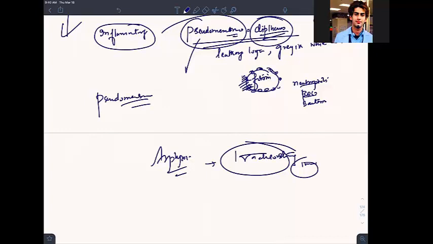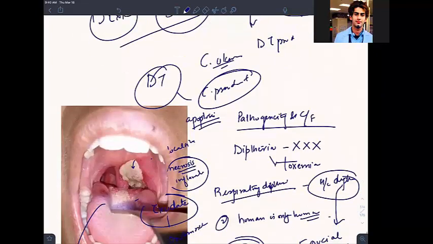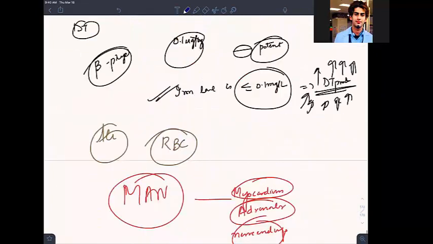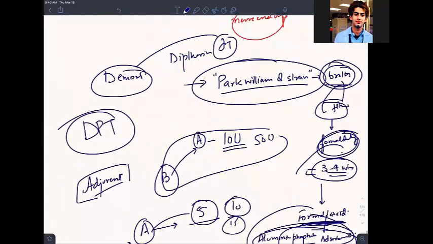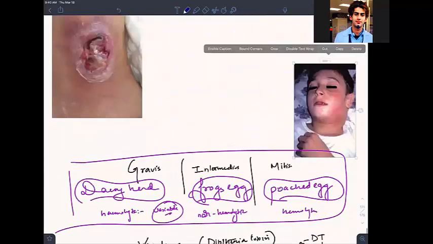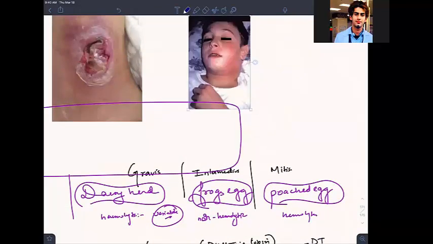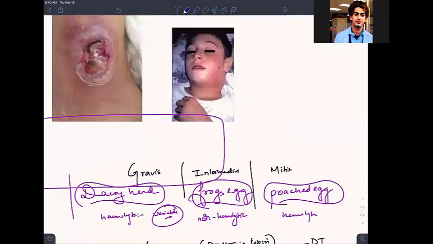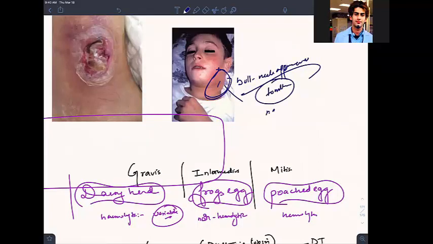The second thing you will see is swelling in the neck because of edema, and that neck swelling is called bull's neck. Can you see the bull's neck? This is the bull neck appearance. This question has been asked many times. Bull neck appearance is seen in diphtheria. What is the reason for this swelling? It is the tonsillar swelling, the neck edema.